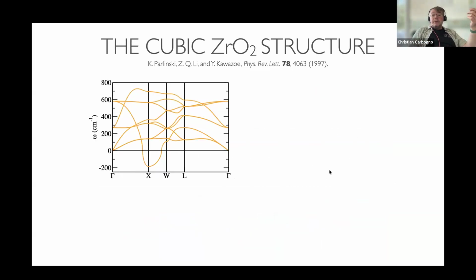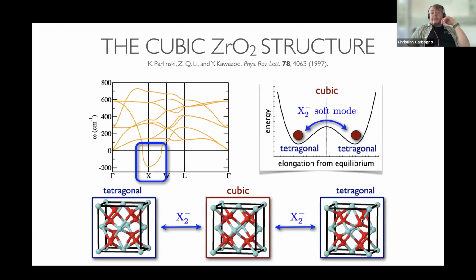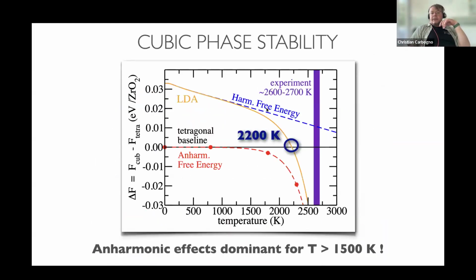Why? Because obviously, if you have a parabola like that, this would point down to minus infinity, and your atoms would like to go down there. And this is then reflected also in your harmonic free energies. If you calculate again the harmonic free energy for the system, here I've done it just for the LDA case, the tetragonal structure would always be stable across all temperatures, and we would never have a transition to this cubic system.